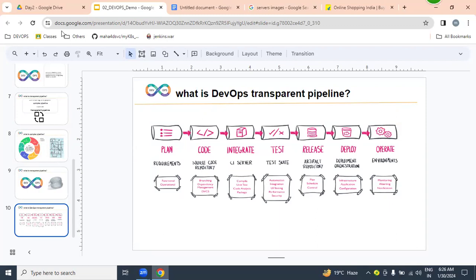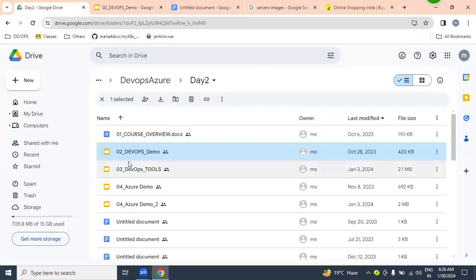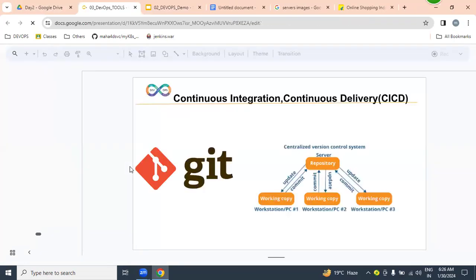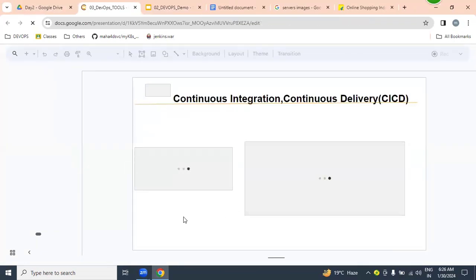But for implementing this DevOps transparent pipeline, we are going to be using some tools. Which are all the tools that we are going to be using?